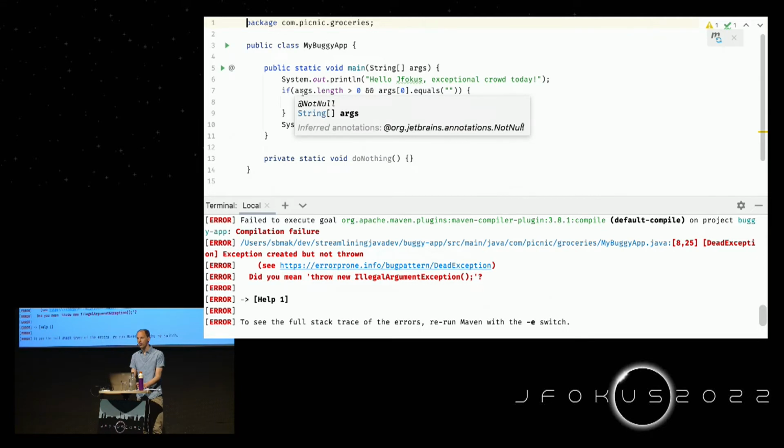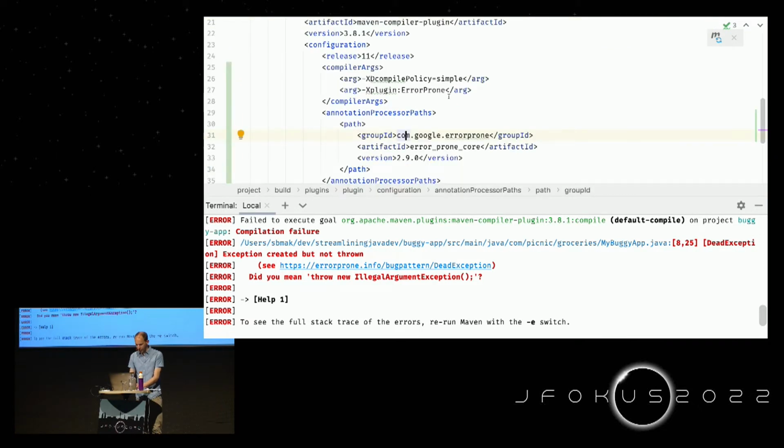But you might also think, well, if this Error-Prone tool actually knows the fix, could it also apply this fix for me? And the answer there is yes. And I'm going to show you how to do that as well. So if we are going to instruct Error-Prone to do fixing rather than just signaling errors, we need to insert a little bit of configuration,